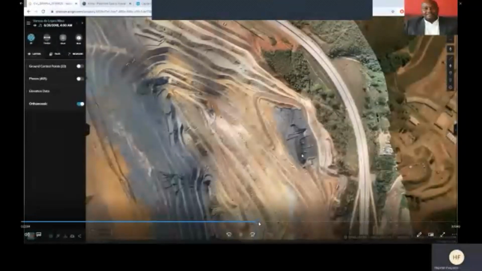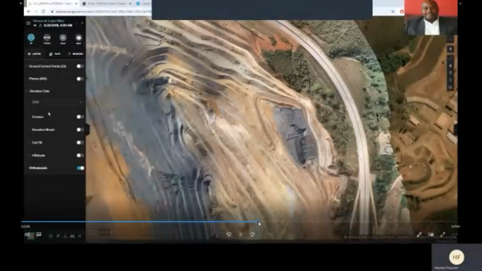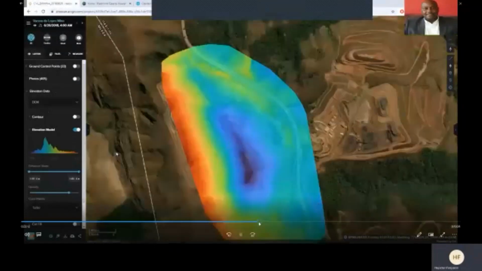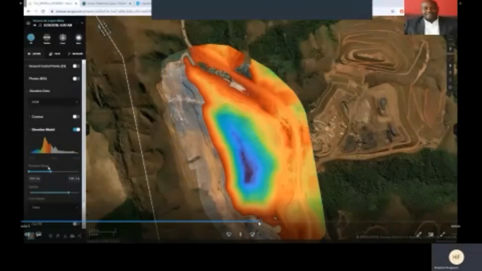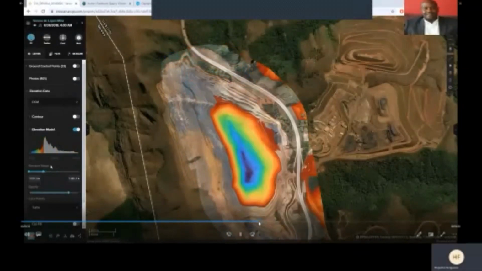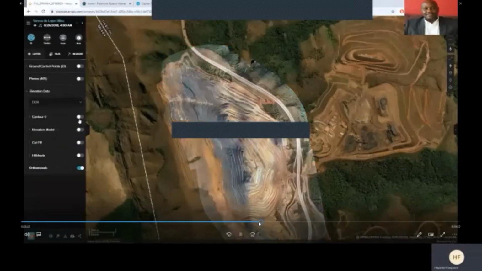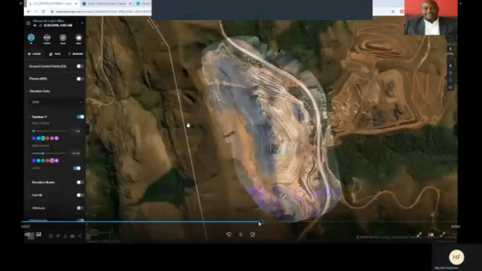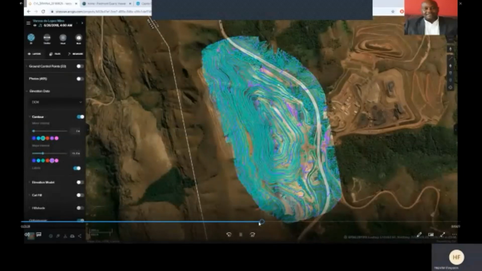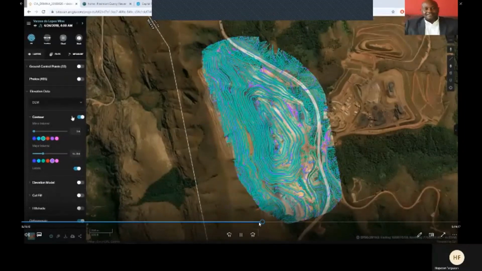And of course, it's an imagery, but it also has many elevation products, for example, a detailed digital elevation model. With the drone information, we can also generate contours. Put that data into ArcGIS, we can do analysis, develop a new road, or understand how much material